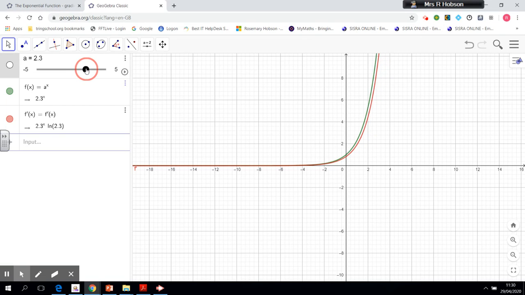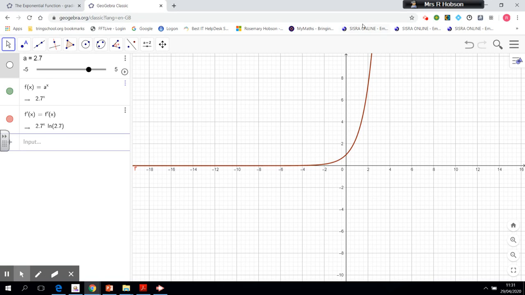So what happens at 2.2? 2.3. Still not quite there, but can you see they're getting closer? 2.4. 2.6. Are they on top of each other? Don't know. What about... Oh, that's it. 2.7. At that point there, my red line and my green line are on top of each other, which means y equals f of x and y equals f dashed of x look like they are the same